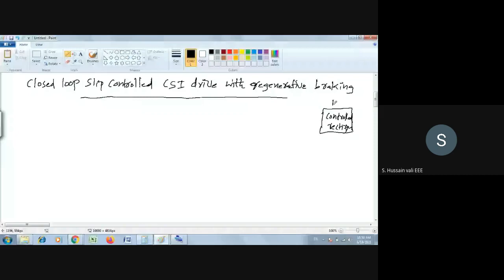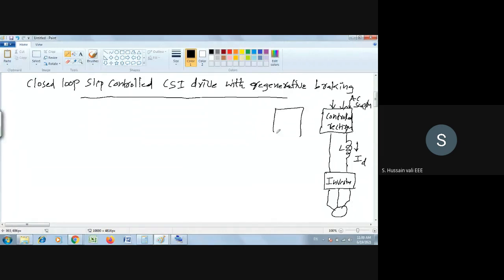So control, the DC supply. Then we have the inverter. We have the firing circuit here.